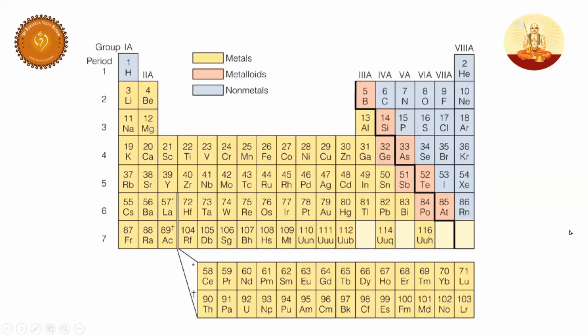Well, so let us have a clear view. You can see here, students, these are all non-metals. This shade, a light violet shade, these are non-metals. The yellow shade is metals. And you can see there is a light pink shade. These are all metalloids. So the properties of the metalloids are in between metals and non-metals. That is the importance of metalloids.